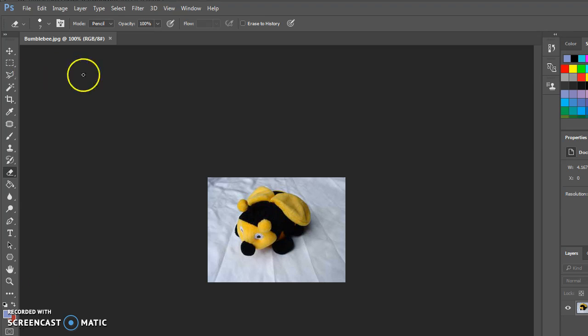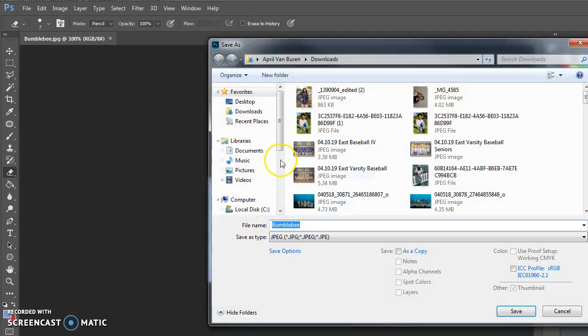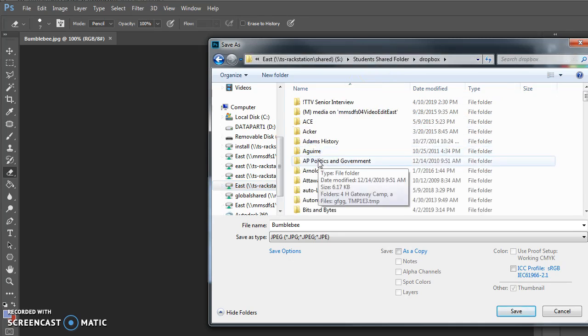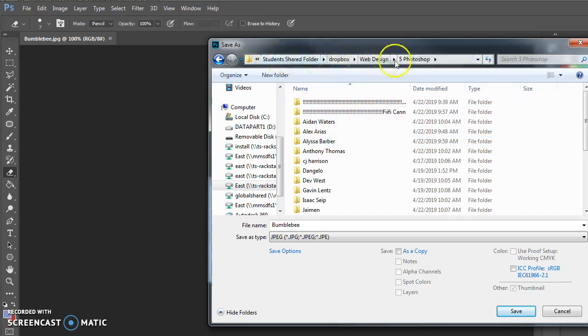So if you're in my web design class or any of my other classes that are doing this, the first thing you need to do is save your file in the correct place with the correct name. So I'm going to go to File and Save As. I'm going to find the shared drive, the S drive, student shared, Dropbox, and go all the way down to web design. Now, all of your assignments have the exact path that you're supposed to follow on your assignment, and there should be a little sticker on the side of the computer that tells you exactly how to get there as well. So feel free to fast forward to the actual Photoshop part, but I'm going to go ahead and